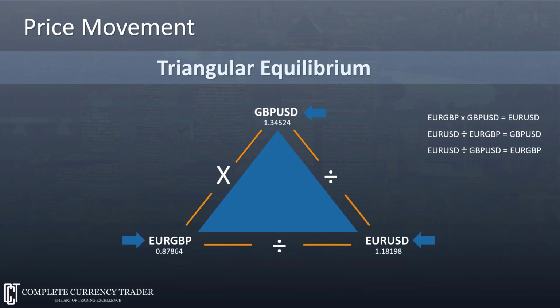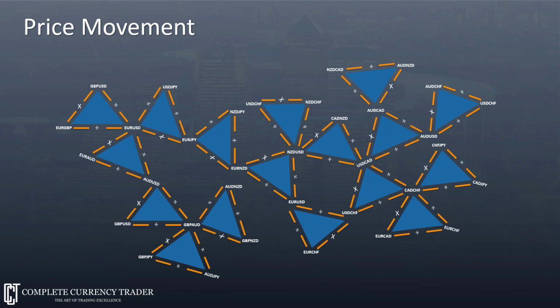But it's actually far more complicated than that because the market is huge. In reality, the relationship is a bit more like this. Now, I've only put a few of them on here because you can imagine it gets far too complicated if we showed the entire market. But if you can imagine, this complex pattern extends out with hundreds of different triangles, all interconnected in a massive